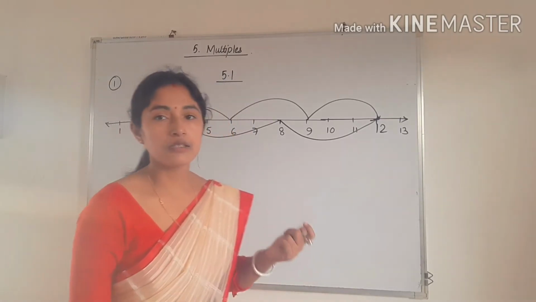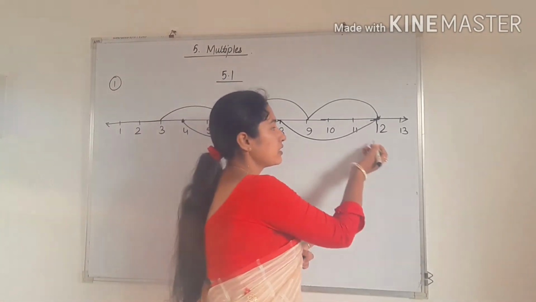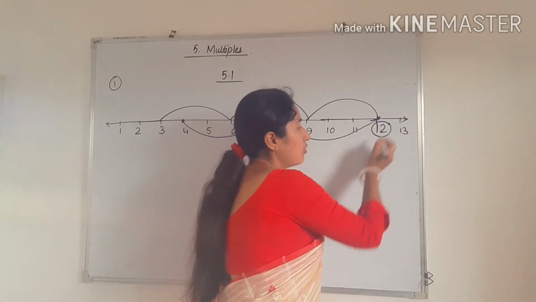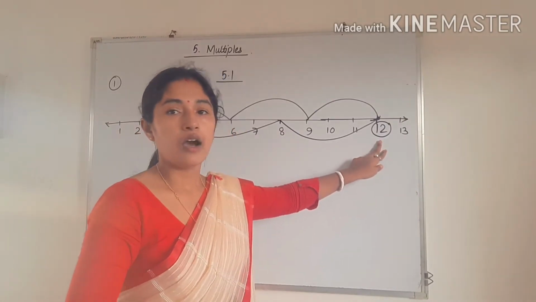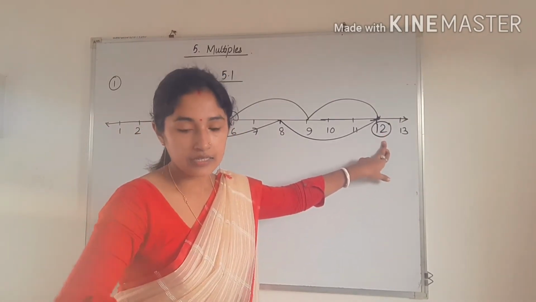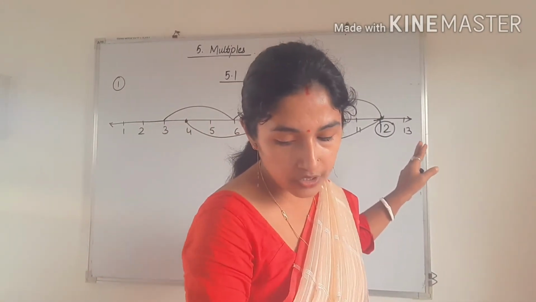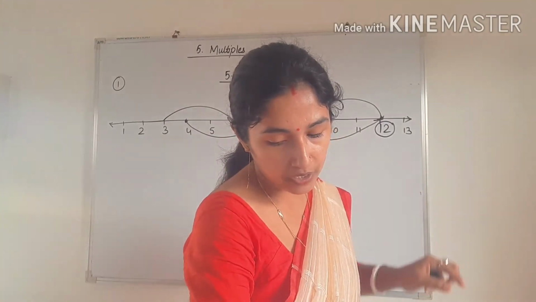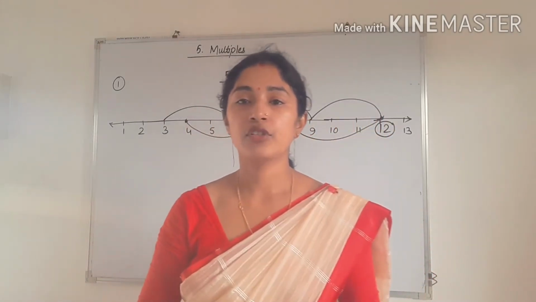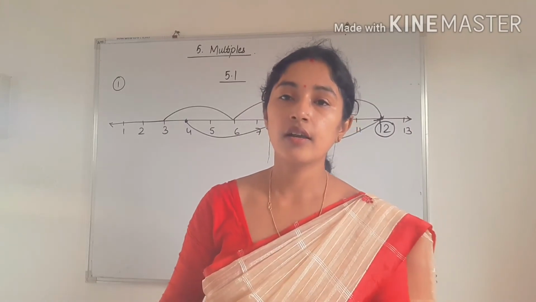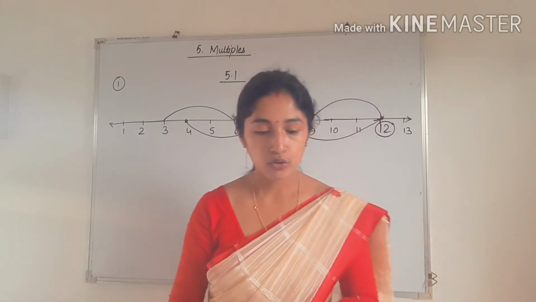Now in this number line, you have to circle the common multiples. The first common multiple, as you can see, is 12, which is common in both the multiples of 3 and 4. So you draw the first circle outside the number 12. Next common multiple is 24, which is also a common multiple of 3 and 4. So next you circle outside the number 24. Like this you have to do question number 2.